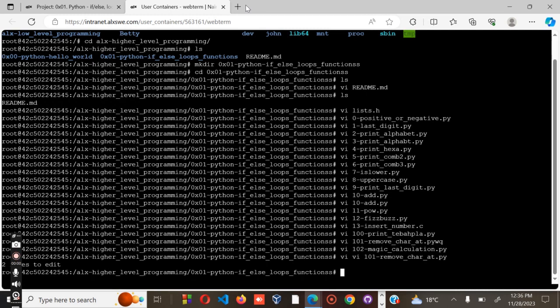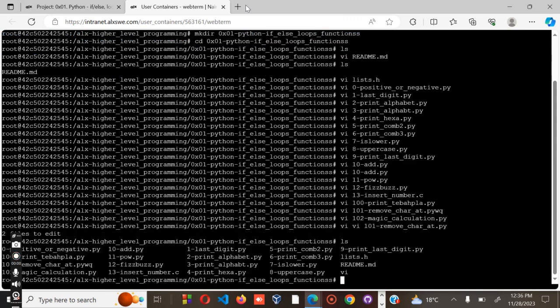So we are through with all the parts. So the next part is to list the files that we have. As you can see, all the files are right. So we are supposed now to